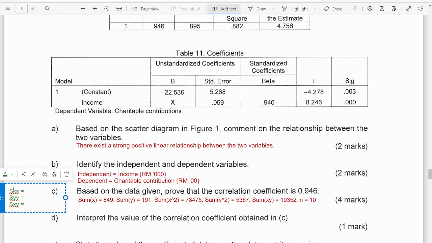Okay, so kalau you kira yang ni, you boleh dapatkan lah. So let me just calculate this very quick. So saya buat kat online, so you can teruskan jawapan. So you boleh terus, you pun boleh kira sama. So let's just continue to calculate this together. So summation of XX is simply taking the summation of X square minus the summation of X, the whole thing square divided by N. So kita ada summation of X square will be 78475, and then minus summation of X is 849 square divided by 10. So you get this to be